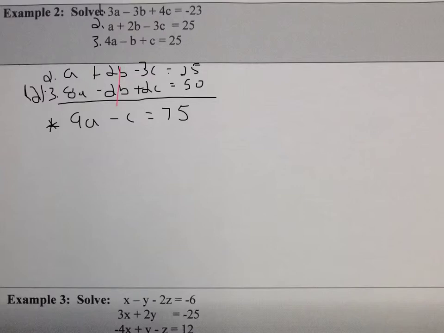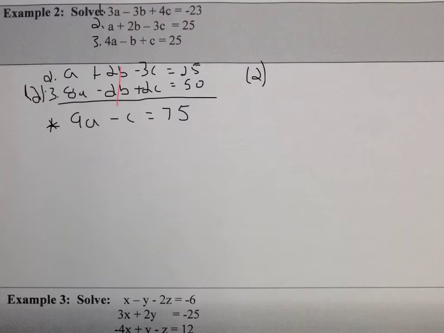Okay, now we're going to have to use equation 1 because we used 2 and 3 the first time. Now we've got to use equation 1 with one of these other two to eliminate a b again. And we can see I got a negative 3b and a plus 2b. In order to do that, I'm going to have to multiply equation 1 by 2 and equation 2 by 3, and it's going to make a plus or minus 6 for my b's. So let's do that. We're going to take 2 times equation 1, so I'll write that as 2, with the parentheses around the 2,